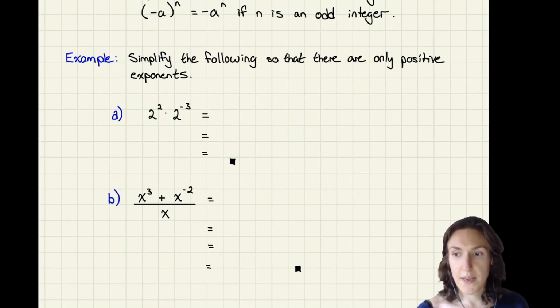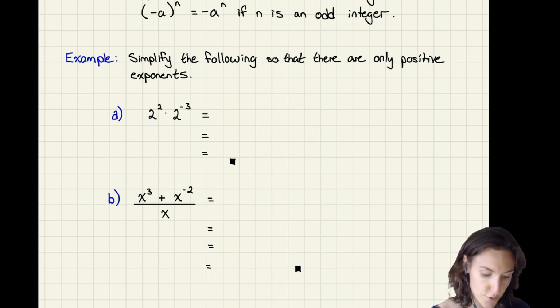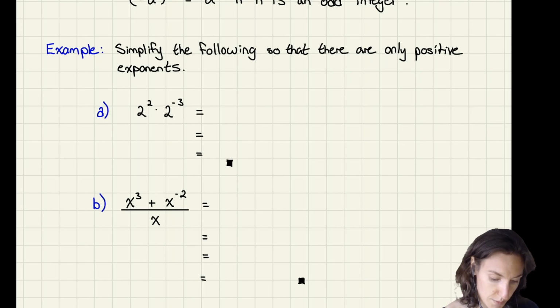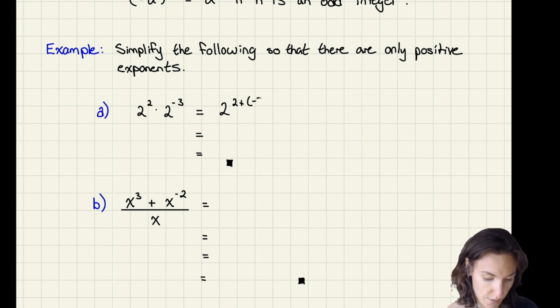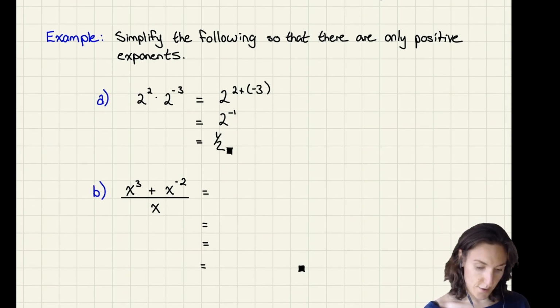All right, now let's do a couple of problems where we simplify our expression here. So I have 2 to the 2 times 2 to the 3. So you could write the second term as 1 over 2 to the 3 if you wanted to, but we can just use the multiplication rule because we're allowed to do this with integers. I can just say 2 plus the value I have, which is negative 3. So I have 2 to the negative 1, and this is just 1/2. Similarly here,